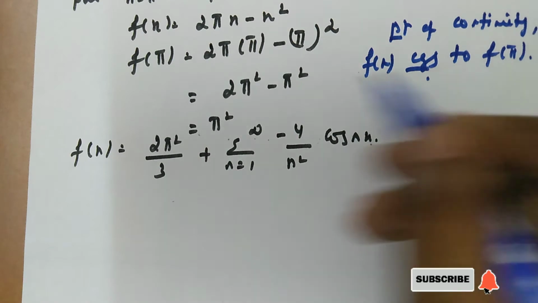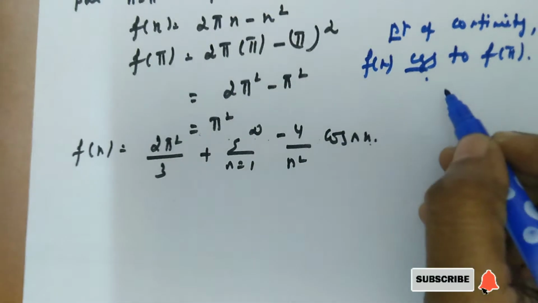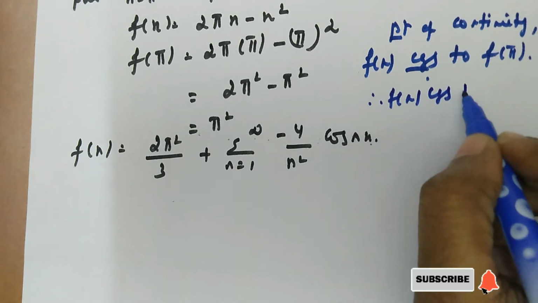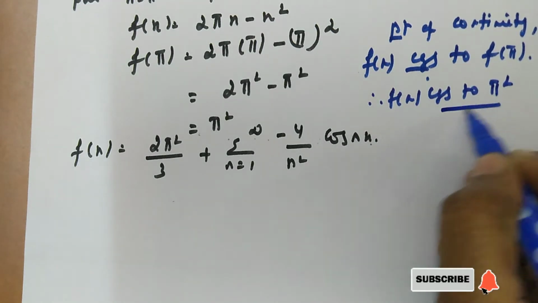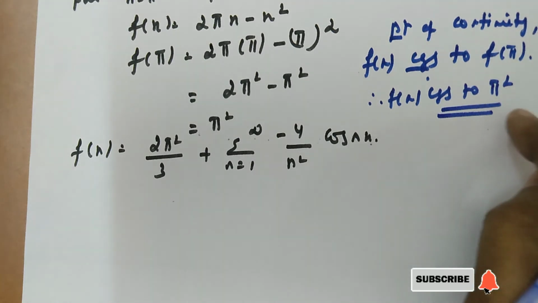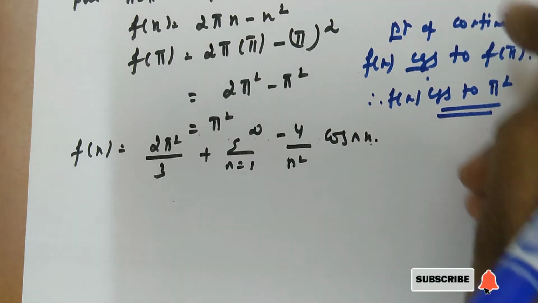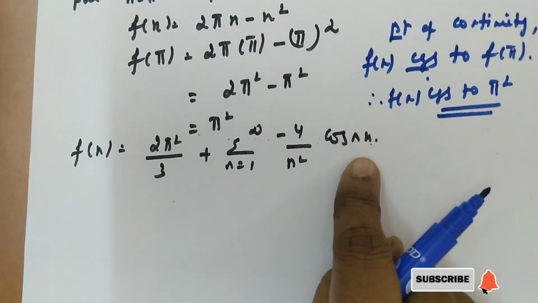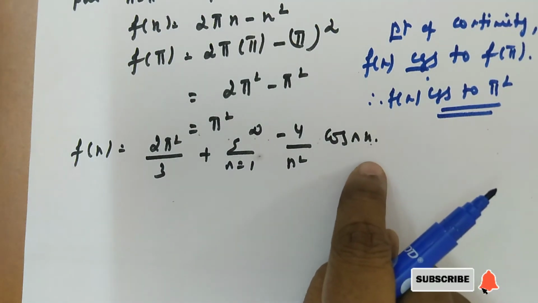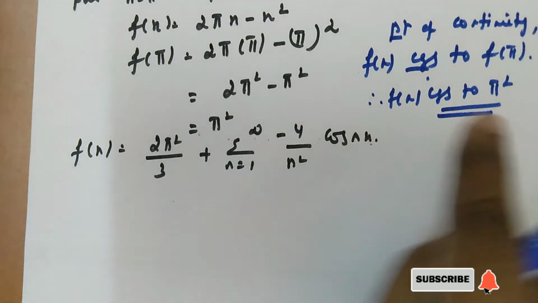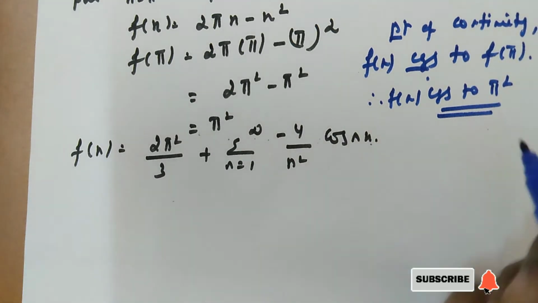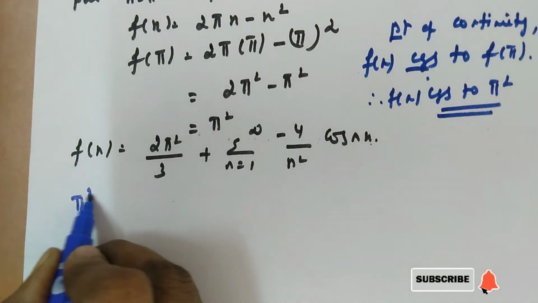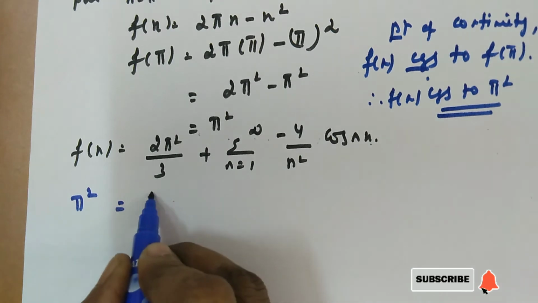We got the value for f of pi. What is our f of pi? That is equal to pi square. Therefore, f of x converges to pi square. So here f of x converges to pi square at the point of continuity. Point of continuity is x is equal to pi. So here also we have to substitute x is equal to pi. At the same time for the left hand side we have to substitute pi square, because f of x converges to pi square at the point of continuity. So instead of f of x we can make it as pi square